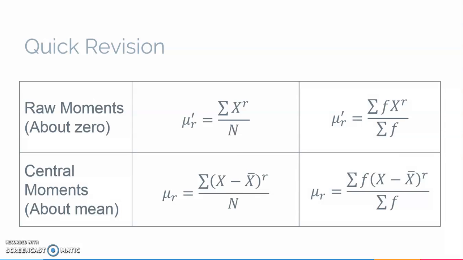We will just have a quick revision. Two types of moments: raw moment, that is moment about 0, and central moments, moment about mean. This is the formula for raw data in the first column, and the second column represents the formula with frequency distribution. The only difference is whenever the frequencies are associated, in the numerator multiply by f and in the denominator, instead of n, take summation of f. This is raw moment, moment about 0, so x raised to r divided by n. This is about mean, so we have subtracted the value x bar from the given data.